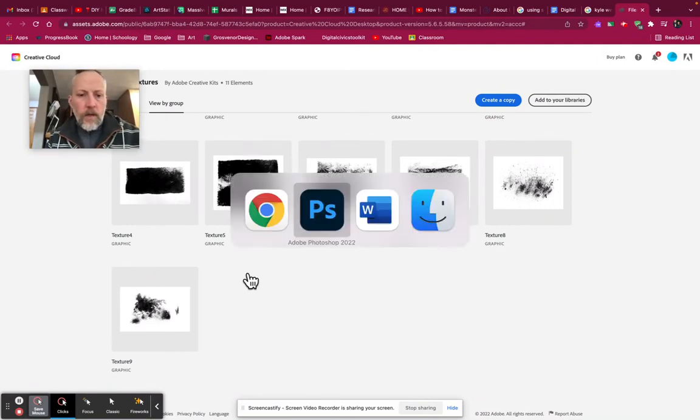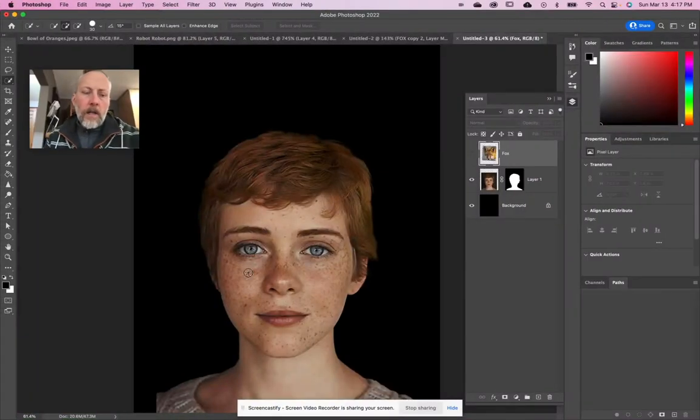So I'm going to jump over here to Photoshop, and we're talking about layer masks. What layer masks are: they are these invisible layers that are applied to a layer in Photoshop that are affected by black and white,